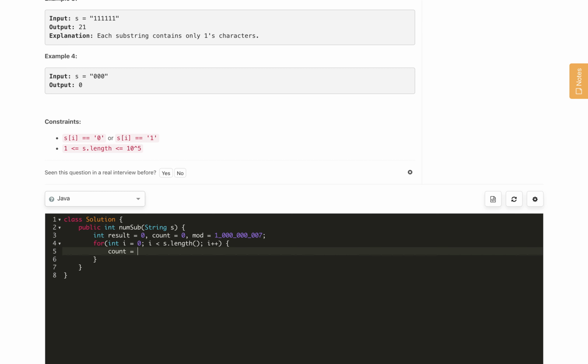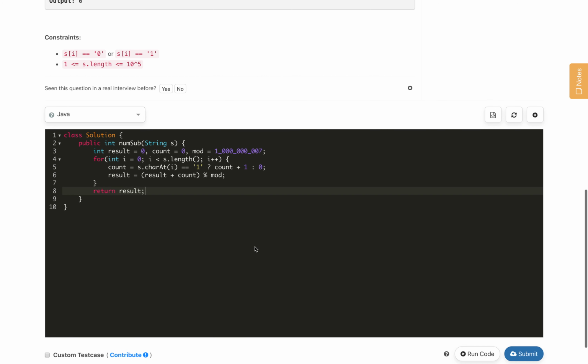If s dot char at current i is equal to 1, then we simply add 1 to the previous count, count plus 1, otherwise count becomes 0 if we encounter 0. The result will be our result plus count, every time taking the mod. In the end we return the result, which is the total number of substrings.